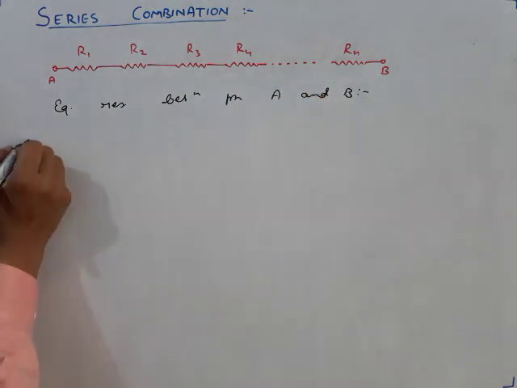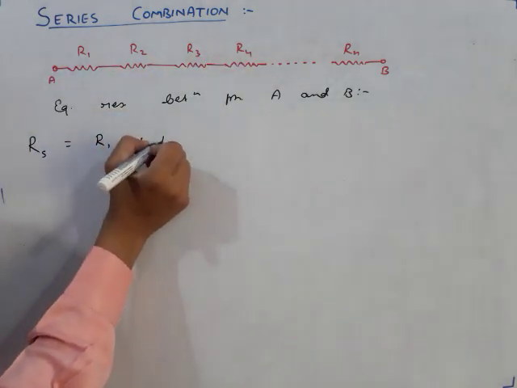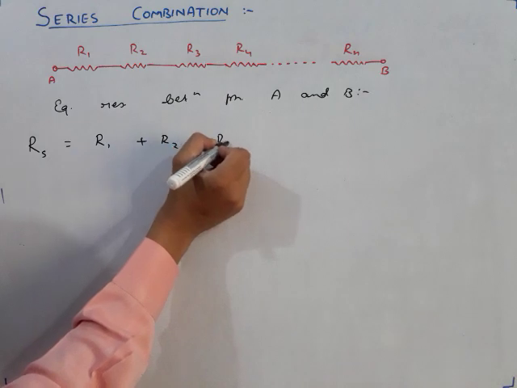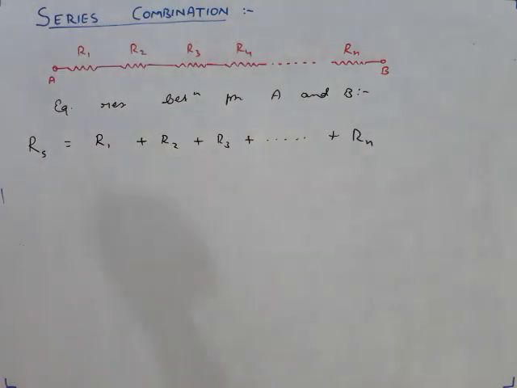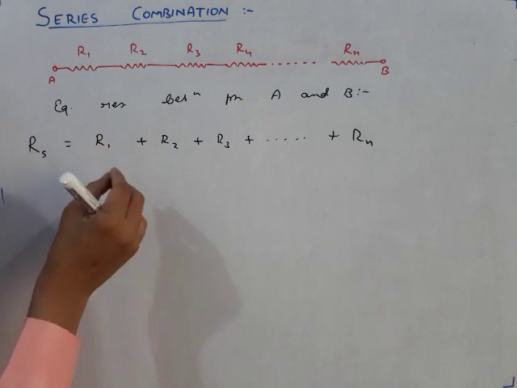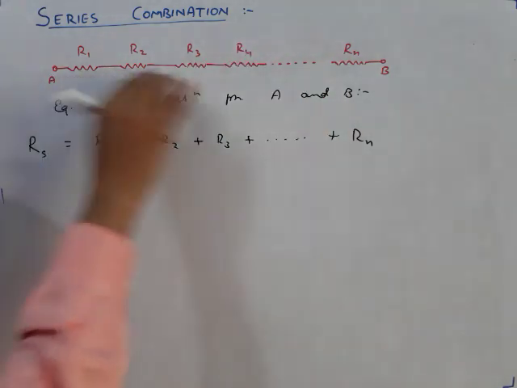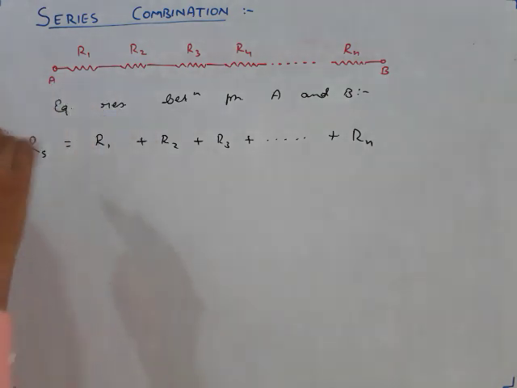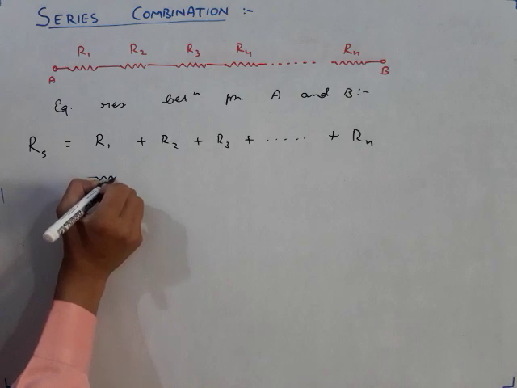So equivalent resistance between points A and B will be how much? Just now we had seen the formula. So Rs, S because they are in series combination, will be how much? R1 plus R2 plus R3 plus so on. You have to add all the resistances till Rn. See students, concept you should understand. Don't get confused by seeing a straight line or parallel lines and then judging series and parallel combination. For example, suppose I have a figure like this.